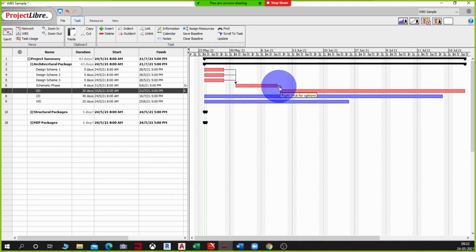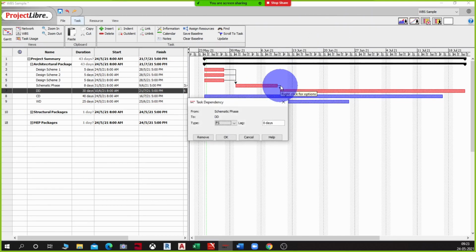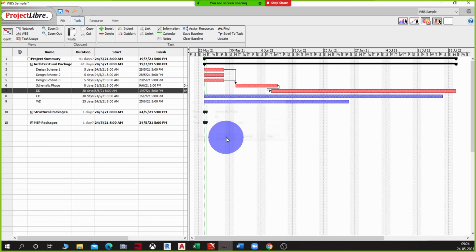So I am here on the Gantt chart now. Yeah, and here if I click on this, I will get this option of getting to see the type of connection that I am having between the two, and here I am also getting a lag option, right? So I can create a lag option between the two connections. I can either do -2 days or +2 days. So I want to start 2 days before the finish of this, so I'm going to do -2 days. So you can see that it starts 2 days before the end of schematic phase. Okay, clear about this?